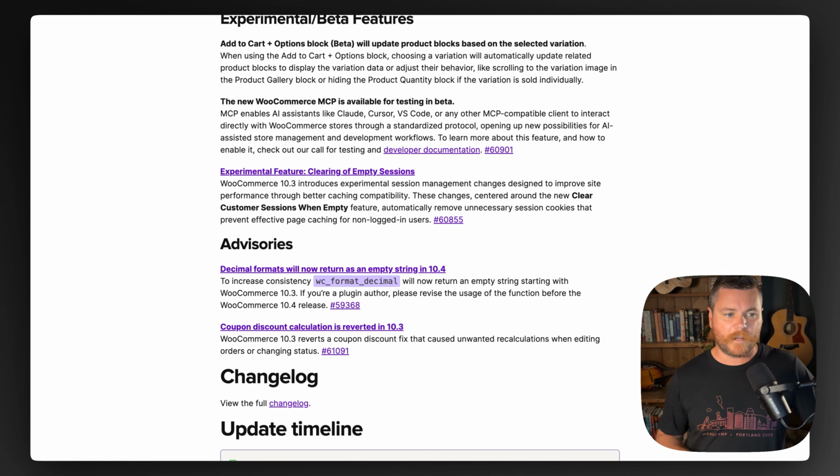So it's still in beta. Like it's definitely early days for this sort of AI and MCP. I would say test it out on a development or staging site, but it's going to open up a lot of possibilities. And because it's built on the WordPress Abilities API, you can register your own abilities for your own